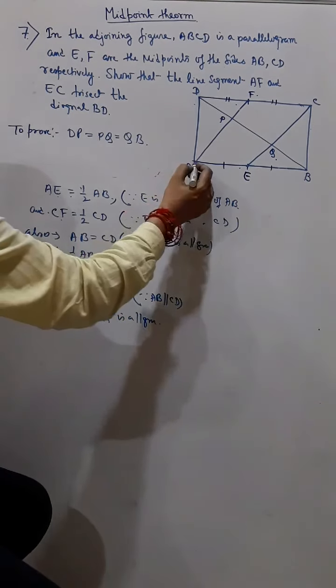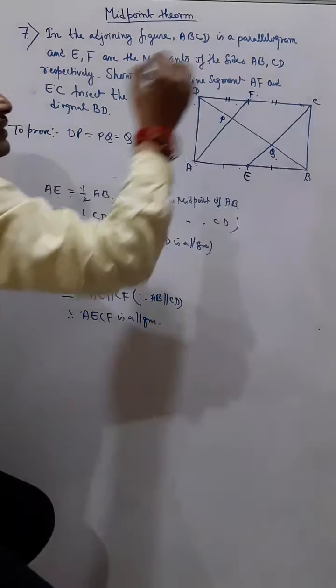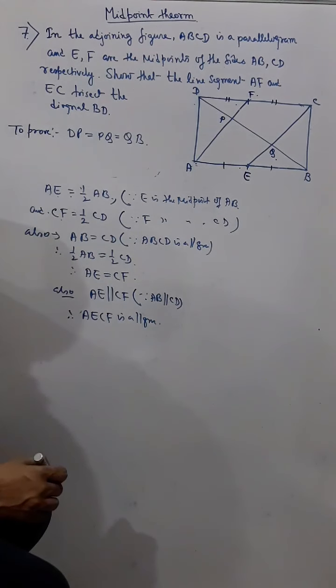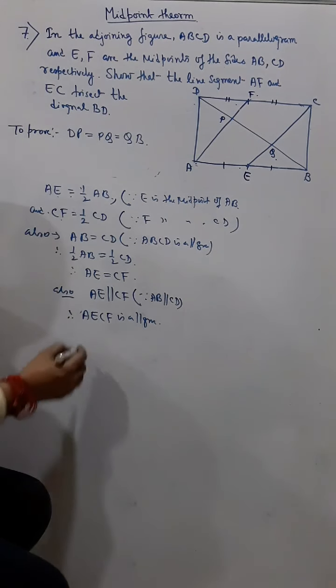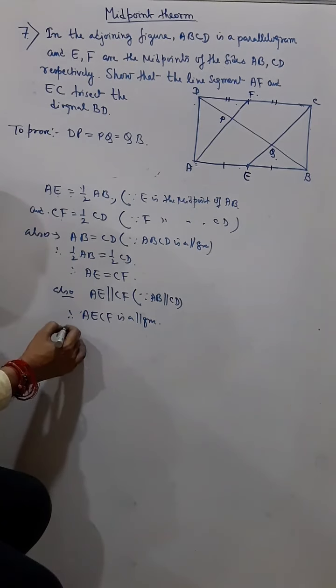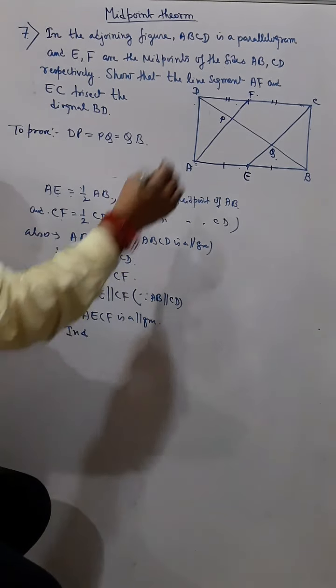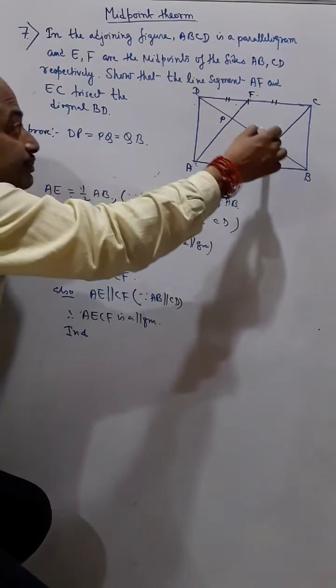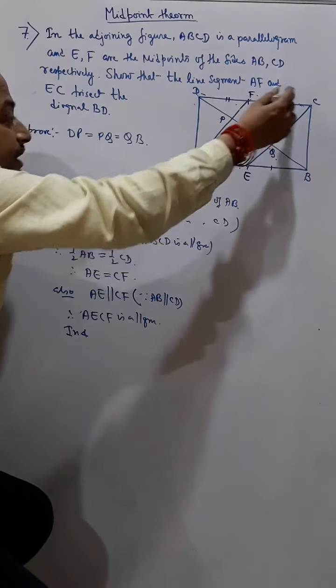So first we have proved AECF is a parallelogram. Okay, understand? Now see. Now in triangle DPC, so this triangle,